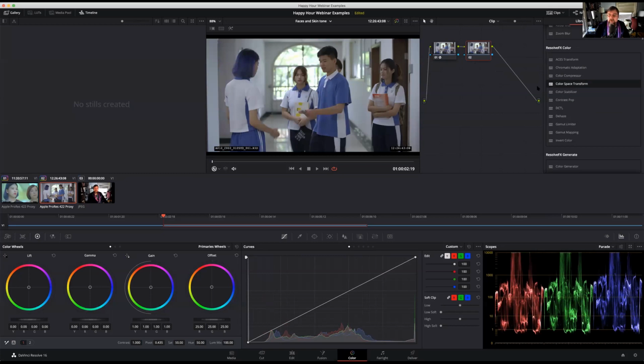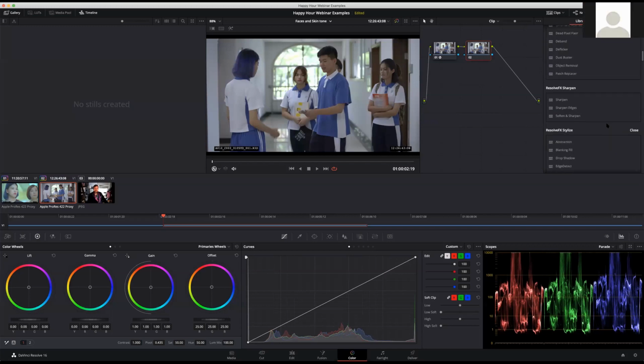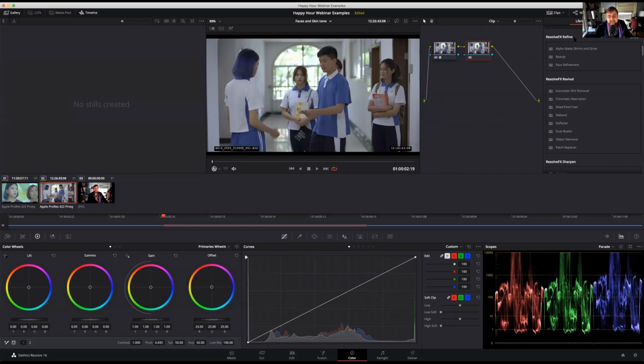I'm going to go ahead and add a node here, and I'm going to go down to... You could just type FACE in the search. I know. I just like finding the category. So it's in the refine category. And I just like to point out every time I talk about the face refinement tool that the reason we called it the face refinement tool, and I say we in terms of my work with the team when this tool was in development, it's not just about making people pretty. It can also be about making them craggy. It's about controlling the characteristics of a face. It's not about just making people prettier. So I'm going to drag this on top of a node,